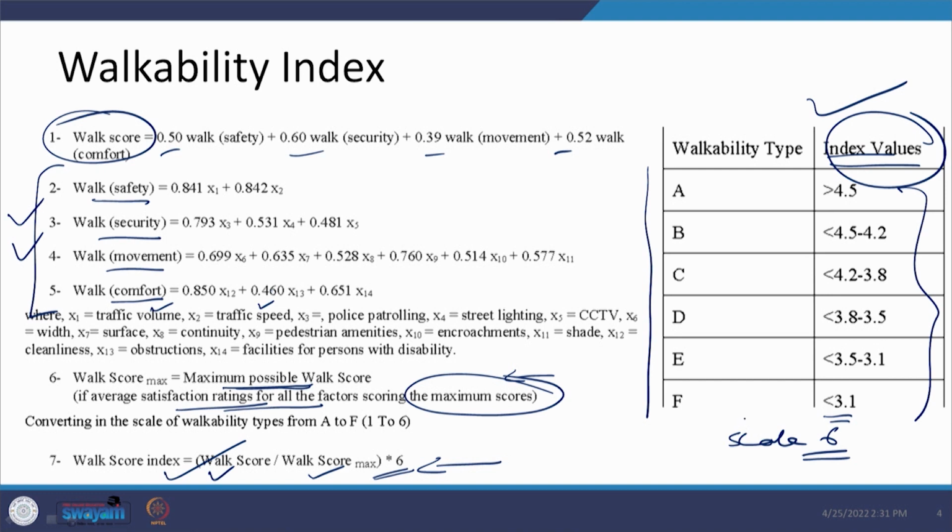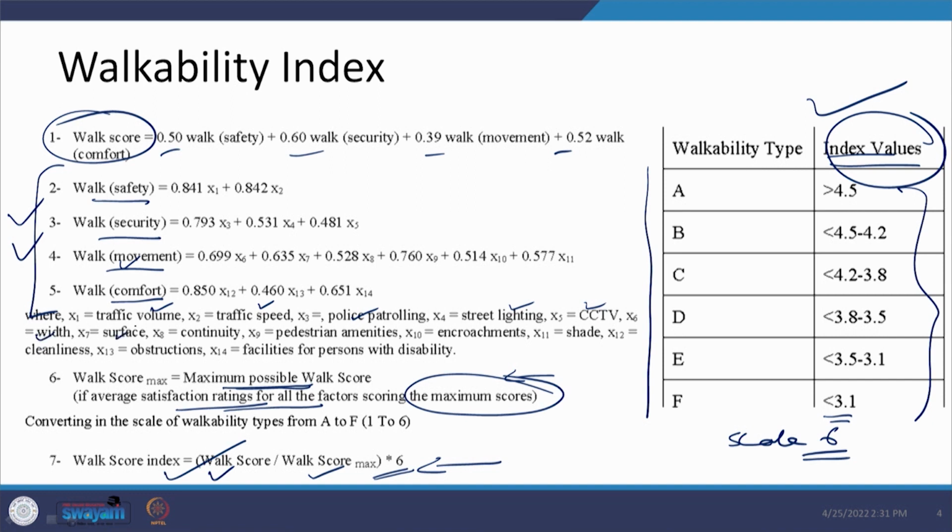Whereas, if you are looking at the security, then it is associated with the police, the lighting, the availability of the CCTV. So, that ensures the security of the people on that facility. We are talking about the movement. In terms of movement, obviously the features of the facility are going to be there, and that is where we